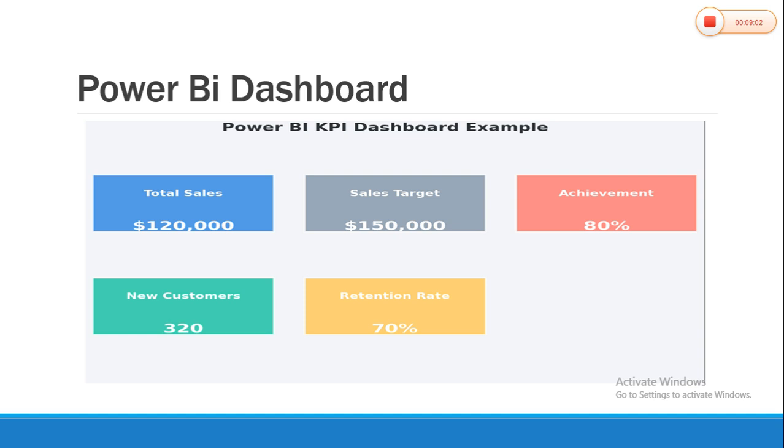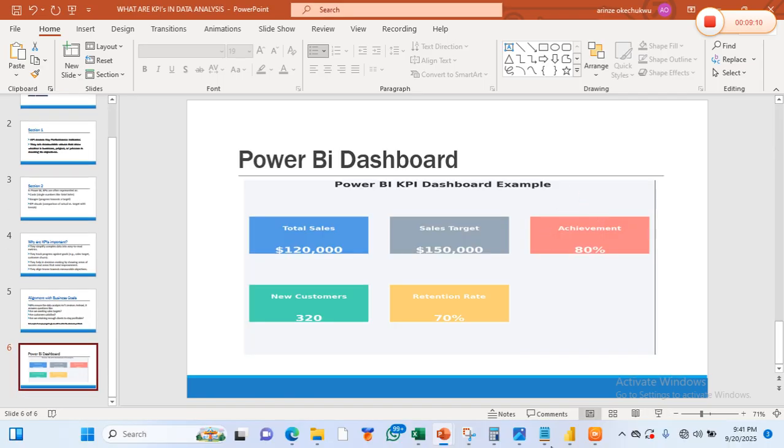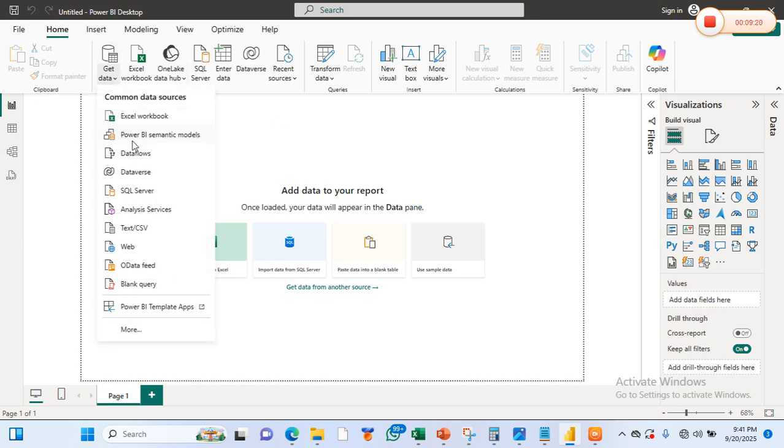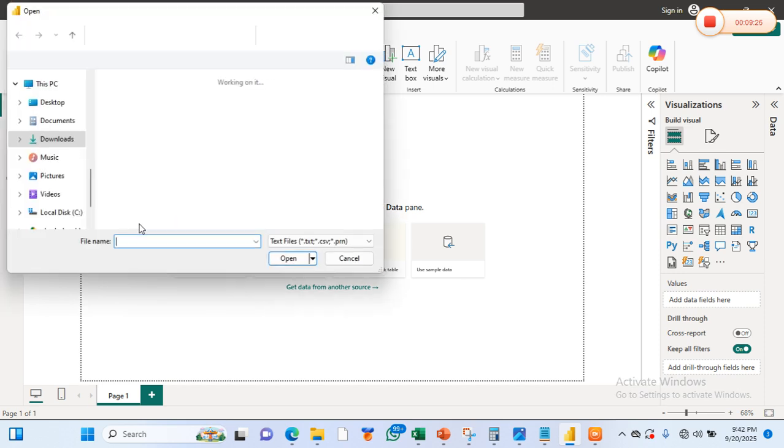So this is going to be a very short class. So I would like to dive into my Power BI so that I can show you, right? So this is my Power BI canvas. The first thing I'm going to do is import data, right? My data is in form of a CSV file and not an Excel file.